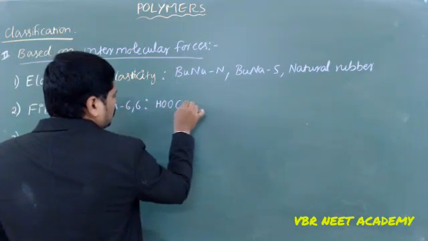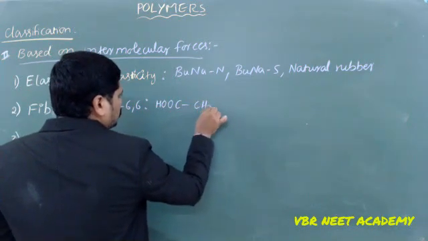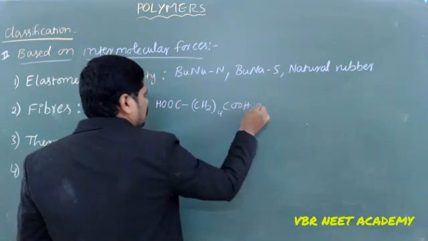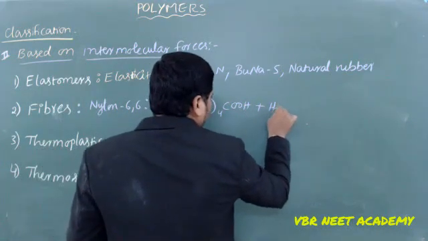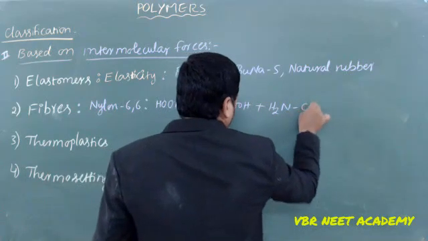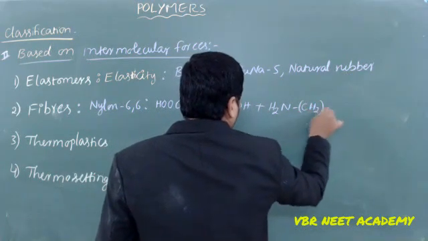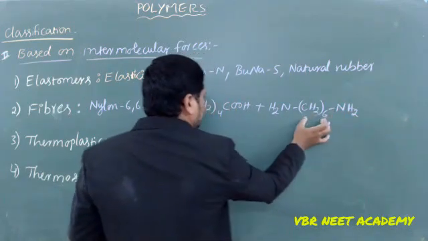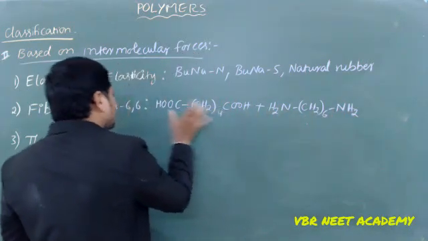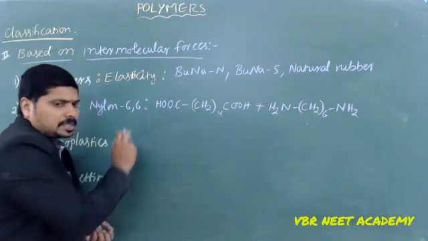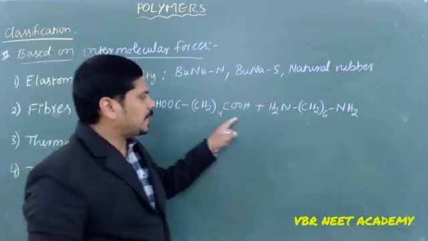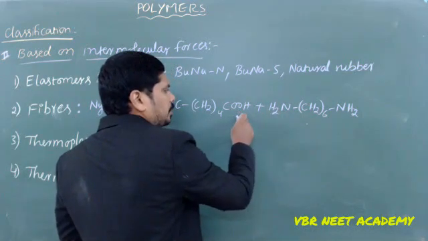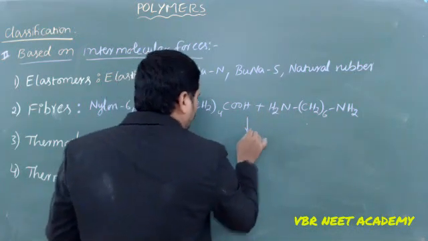COOH, CH2 4 times, COOH, plus H2N, CH2 6 times, NH2. Here 6 carbons, here 6 carbons. That's why the name is given nylon 66. Now they are going to get polymerized, like here hydrogen, here OH will be removed and they are going to form